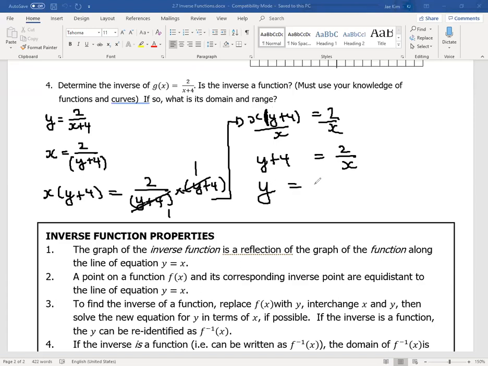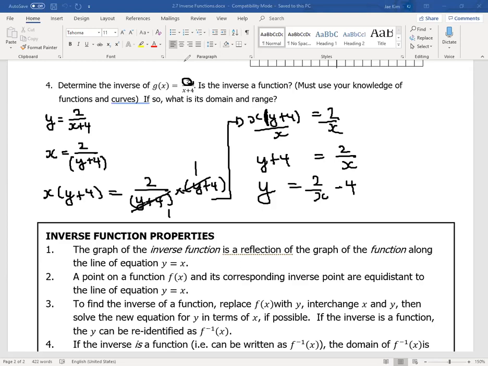Now that we have that, y is equal to 2 over x minus the 4. Take a look. A horizontal shift of 4 to the left became a vertical shift 4 down. Does that make sense? I think so, right? If you flip it, and what is it? A vertical stretch of 2 remains a vertical stretch of 2. What should it be? A vertical stretch of 2, when I flip it, should become a